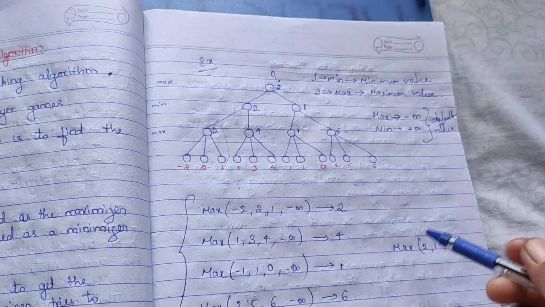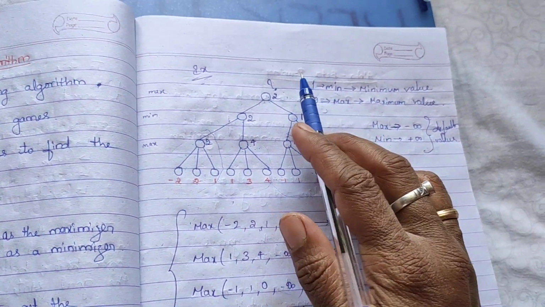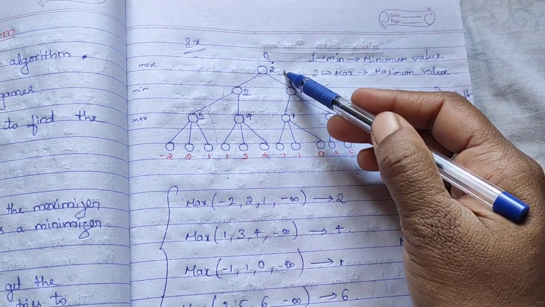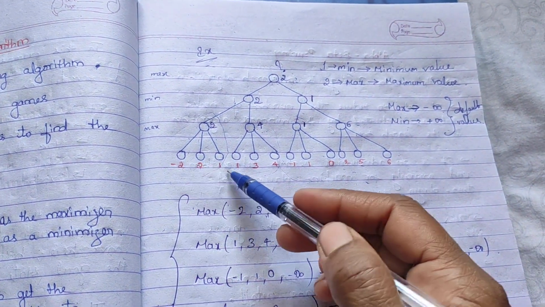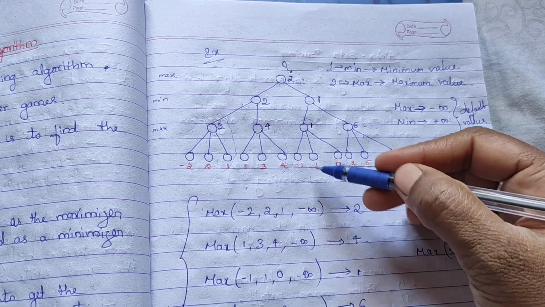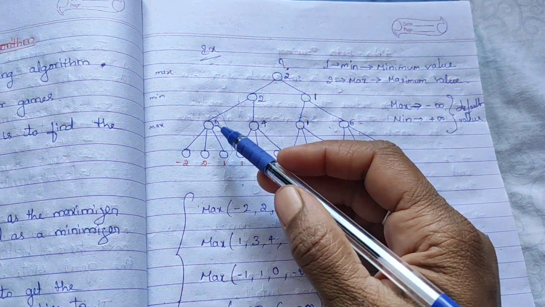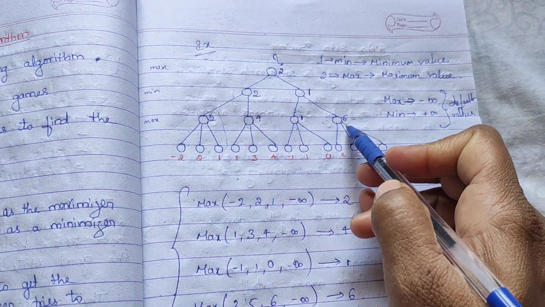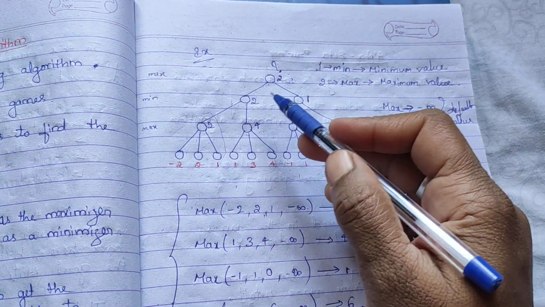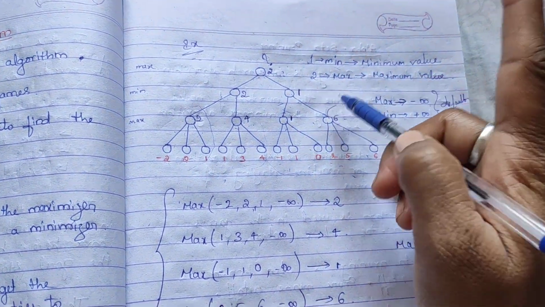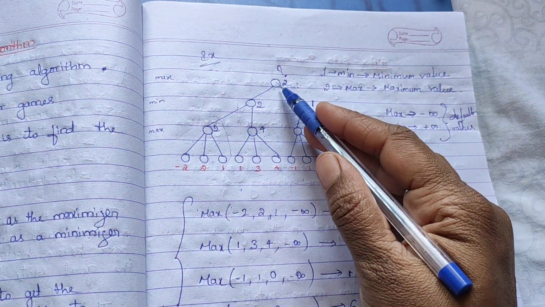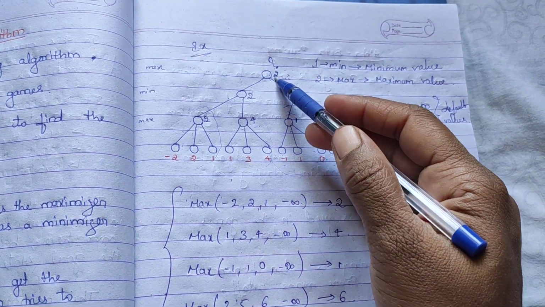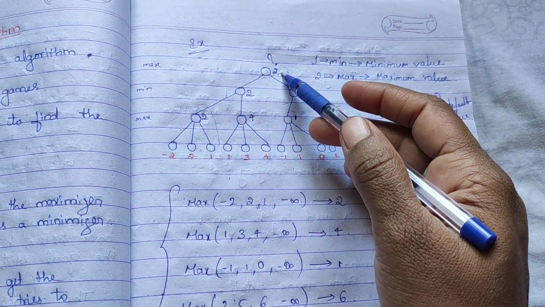To overcome this, see, why the time complexity? I need just a single node value, correct? Only the root node value, but I have to consider all the leaf nodes. After leaf nodes, next backtracking, the next level, that means the higher level. By backtracking, I have to consider all these nodes, again backtracking these nodes, again backtracking, then I will get a single value. Then I am getting the value of the root node, which will take a lot of time. This is the main drawback.